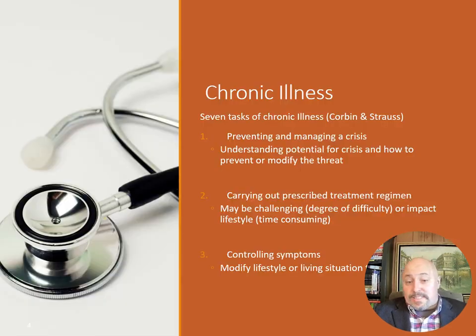Your textbook lists 7 tasks of chronic illness. The first is preventing and managing a crisis, understanding the potential for the crisis and how to prevent or modify that threat. The course of that illness is not necessarily completely stable. Say it's long-term pain. The pain level of that patient may vary wildly, with exacerbations and drastic increases in that pain,